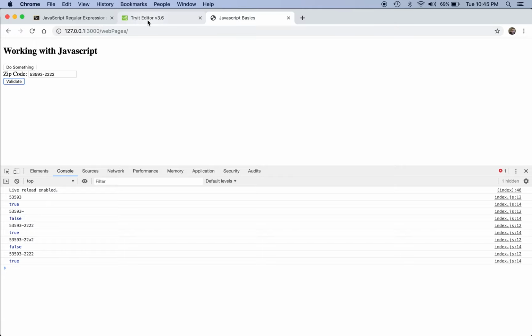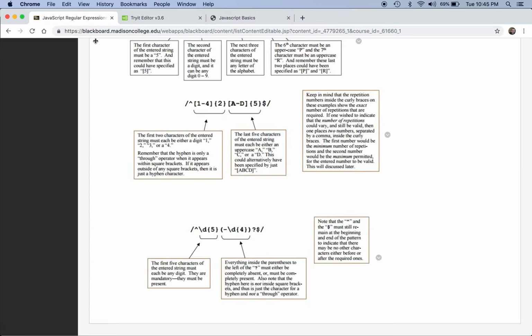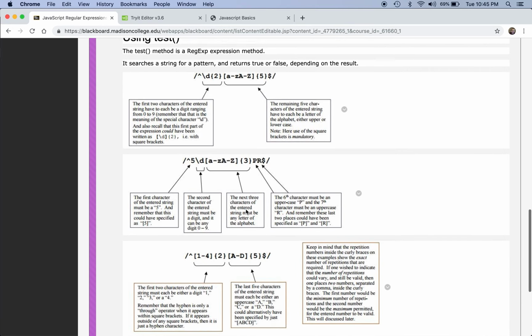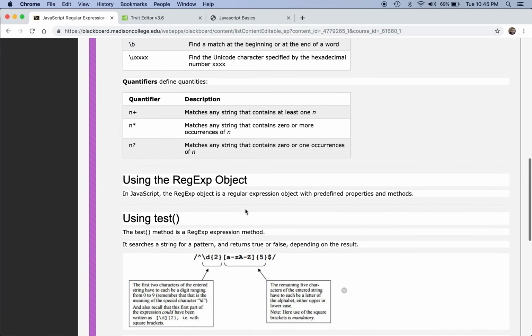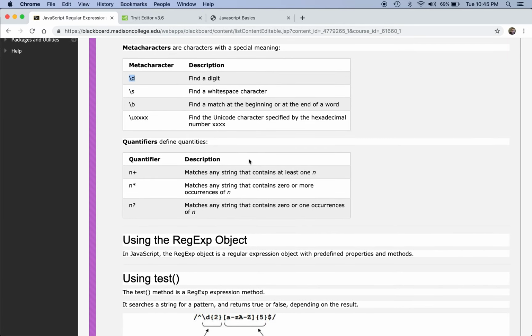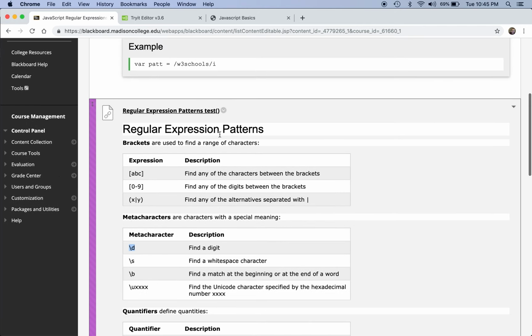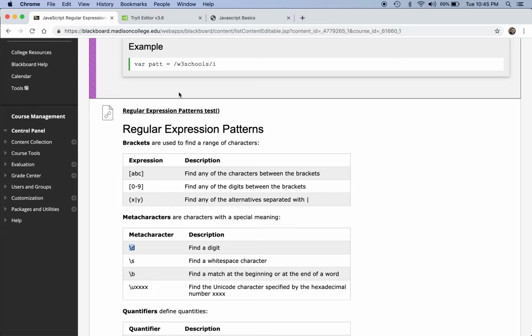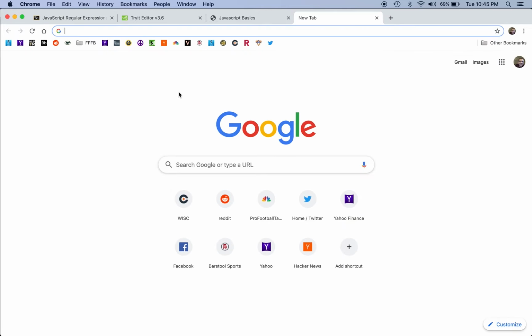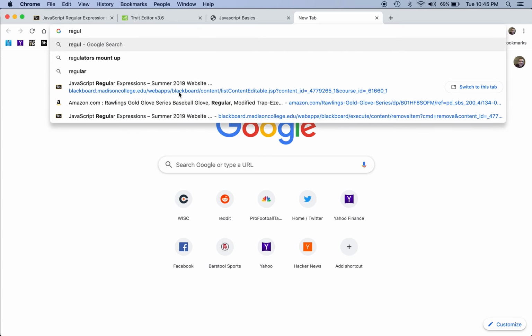Okay, and there's all sorts of different character sets that you can use with regular expressions. So the example I gave was just numeric values. And numeric values are great, but there's a ton of information regarding regular expressions and patterns. One thing I usually like to do, especially when I'm writing them, it's almost easier to write them than it is to read them because they can get really complicated. But if I'm going to try to write a regular expression and define a pattern, a lot of times what I'll do is I'll do a regular expression